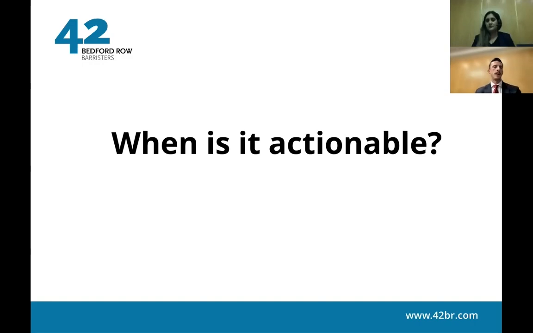The landlord doesn't have to be given full details of the problem or full details of extent. The legal test is, has a tenant given them enough information that would prompt a reasonable person to investigate further? So usually if a tenant complains to their landlord, there's mould or there's damp in my flat, they don't need to have said necessarily exactly where it is or how much it's spread or how long it's been there for. You'll of course want to find that all out, but as soon as a landlord's been given that general detail, they're put on notice of the problem and the clock starts ticking for the reasonable period to investigate and fix it.